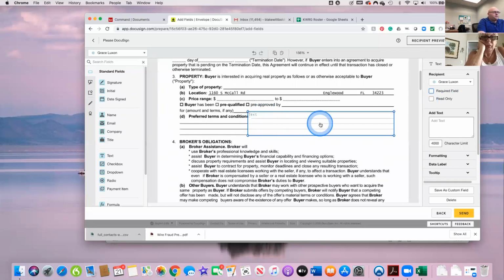It won't be blue, but she can still fill it out. If I click read only, that means she can't make any changes to it and she can only read it. Okay. So let's say like if you needed to make some addendum changes or something like that inside of the document and put a text box in, you can say it's read only and have their initials right next to it. Okay. Is this also how, if we get an offer